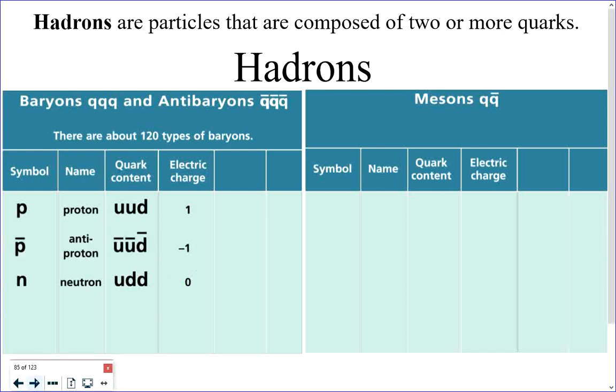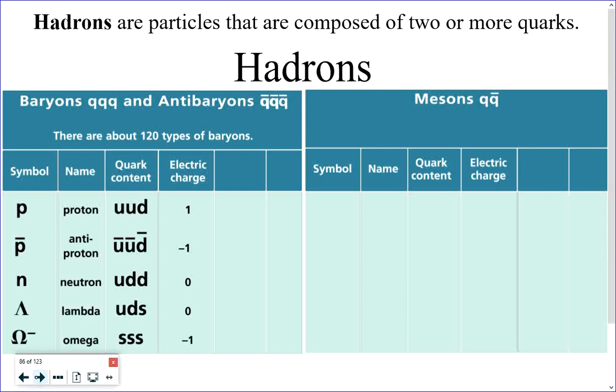The antiproton, well, an antiproton would have an anti-up antiquark, an anti-up antiquark, and an anti-down antiquark. This is why the charge on an antiproton is negative 1, because all of the individual quarks that are inside of the proton have switched charges. They've changed. I don't know if you recall, but I told you a neutron and an antineutron are actually oppositely charged as well. It's because an antineutron,